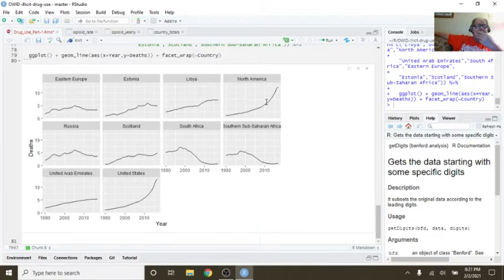Much, much better. Very good. So these are the deaths per 100,000 again, each one of these countries.